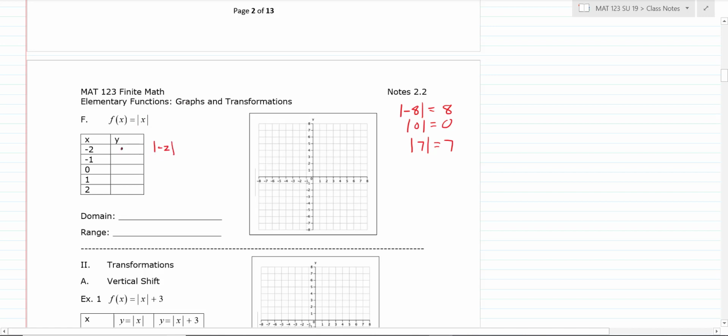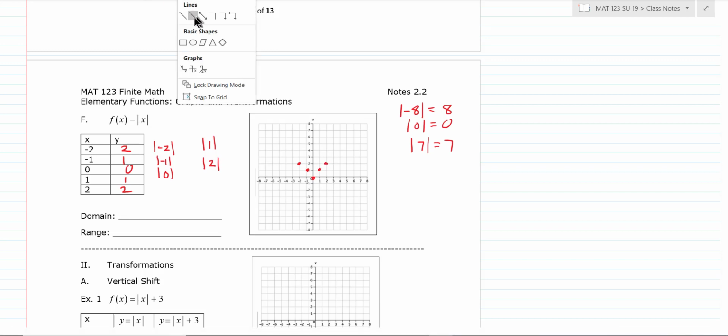So I just do the absolute value. Now, you can do every one of these in your head. You don't have to write all this out. But you're doing the absolute value of each one of these numbers. So you end up getting these values. If you plot your points, you go left 2 up 2, left 1 up 1, 0, 0, 1, 1, 2, 2. So you want to get all your points on there, and then the shape is